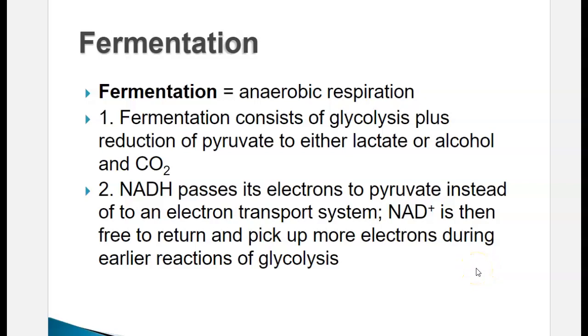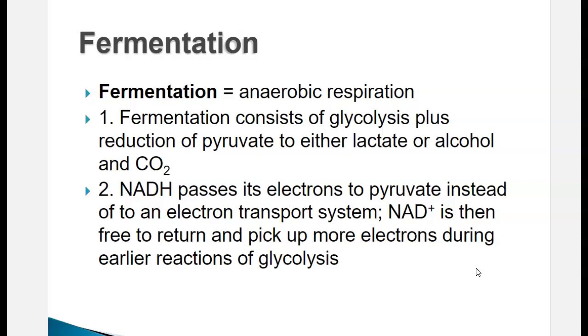Okay, respiration without oxygen. We're going to just call it fermentation. Be happy with that. Glycolysis takes place. That's always the first step. No matter what, glycolysis takes place. And then at the end of glycolysis, you get pyruvate. And then pyruvate has two pathways it can choose, either into lactate or into alcohol. So you have a lactic acid fermentation, or you'll have an alcoholic decarboxylation type deal.